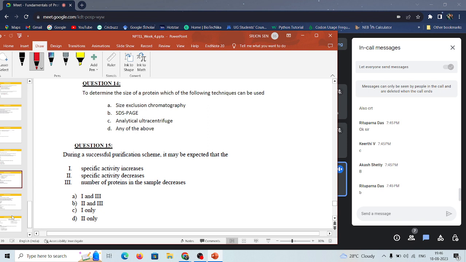Okay, only SDS page, nothing else. If I say it's a multiple choice question, MSQ, multiple choice, what is that? MSQ question, then